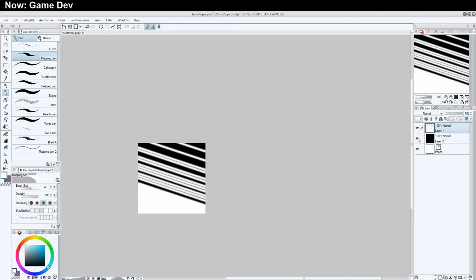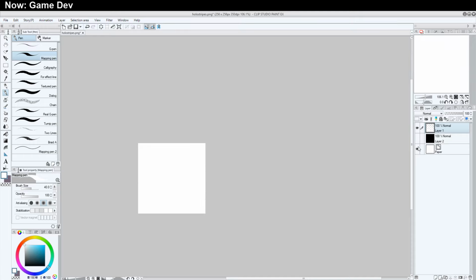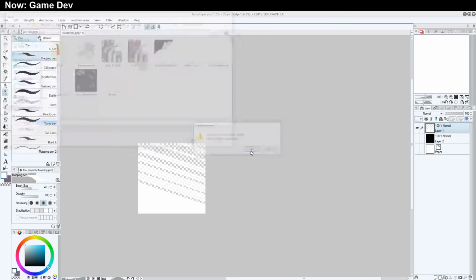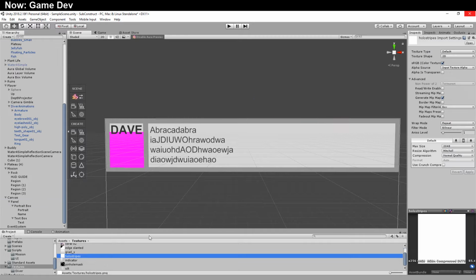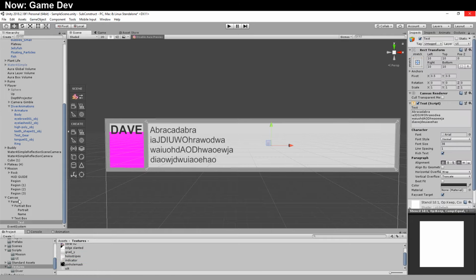And then what we can do is just hide these layers and then save that as hollow stripes. So now we've got a hollow stripes image, which we may change. It's not a big deal if we change it. And there it is right there. We can just tag it. Alpha is transparent so that we can see it. And then over here with the mask,